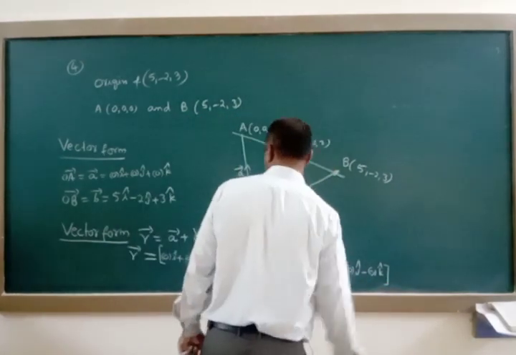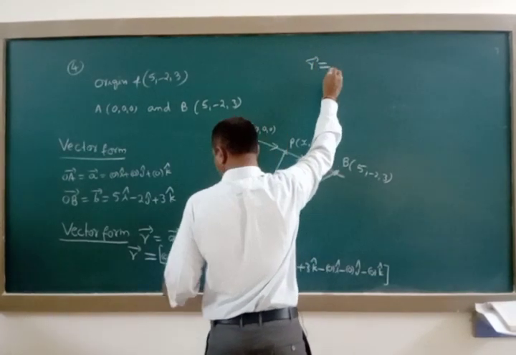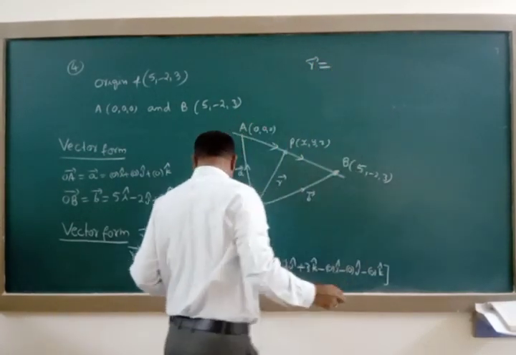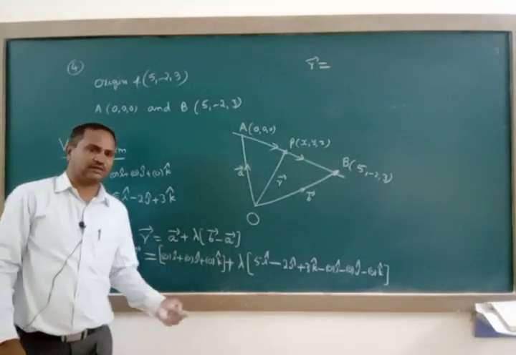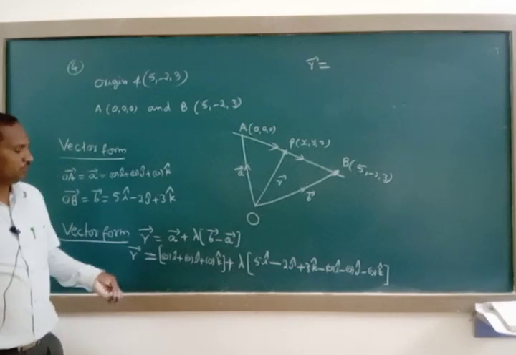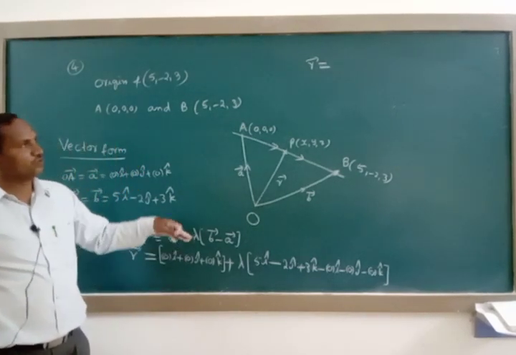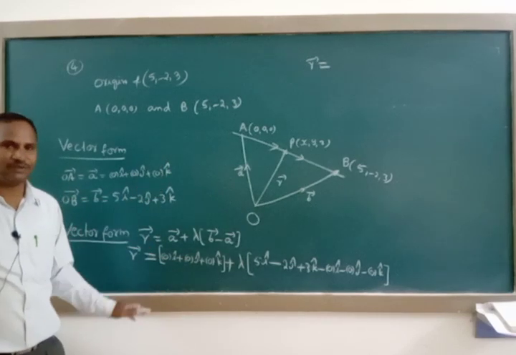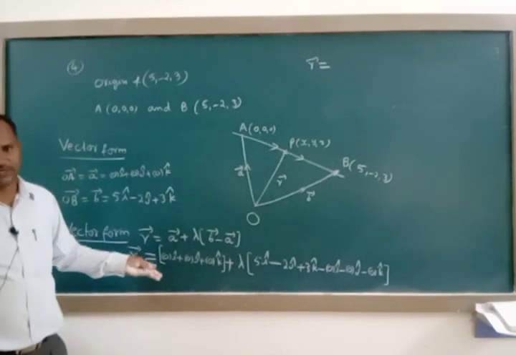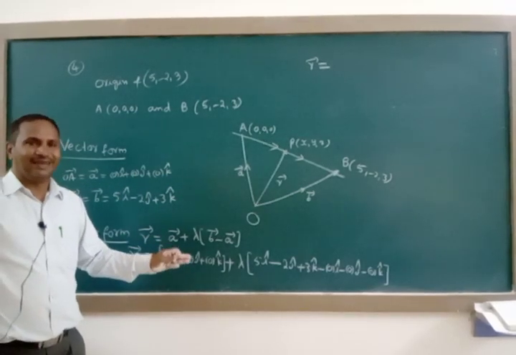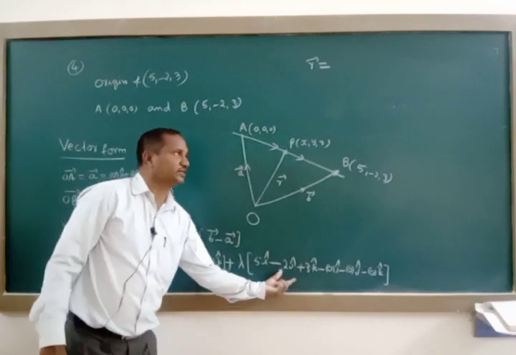It's the close brackets. Next, r vector is equal to 0. No need of writing all this, because this is a null vector. Null vector means you may write it with the help of zeros, or you may not write it, or you can cancel it, because you may write or not write as you wish. Better you leave this vector. If we leave this, we'll get this vector only here.